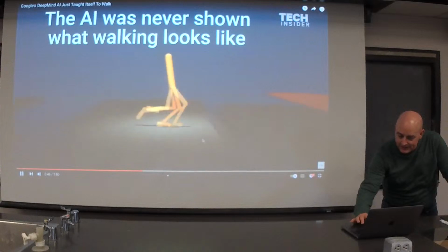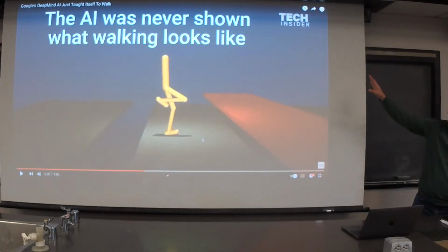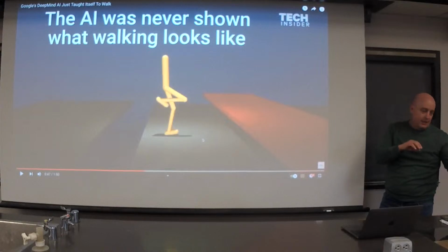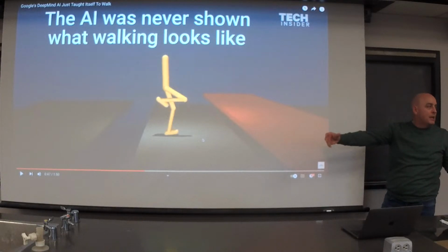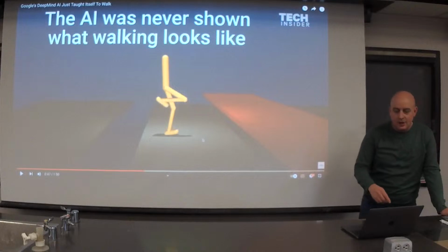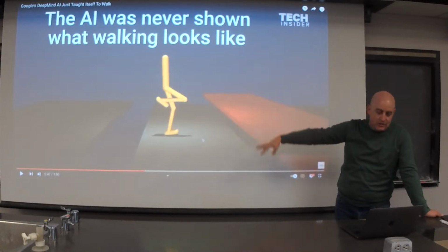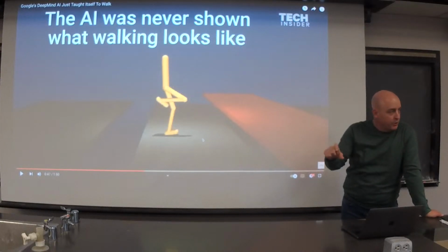I don't know if you're paying attention to what's being said, but no instructions about walking or anything were given. There's simply the actions that can be taken, basically bending the joints with some physics engine, and then there being a reward that is, if I start at point A, the closer I get to point B, the more rewarded I get. And so these behaviors that you're seeing are simply learned through that kind of simple process.